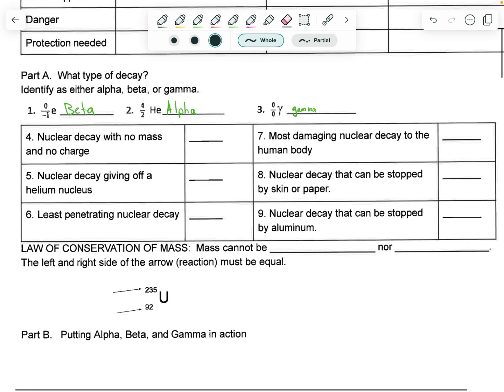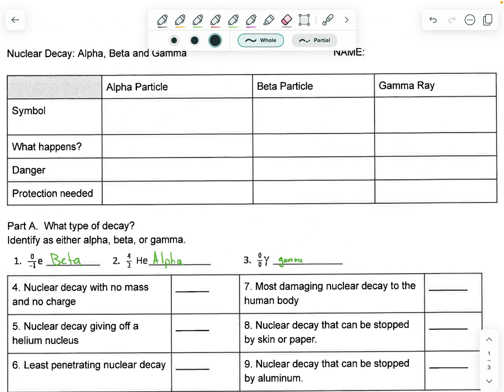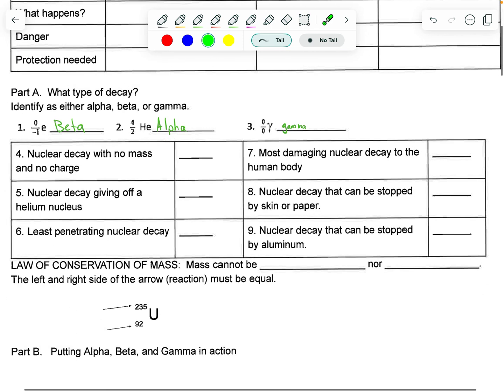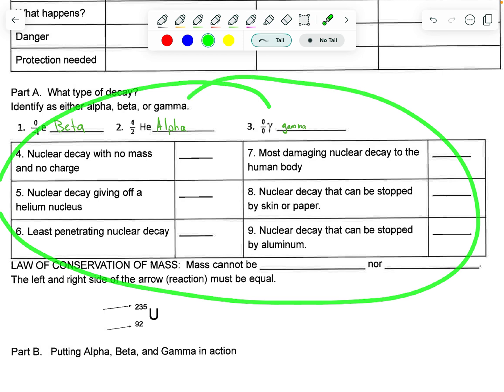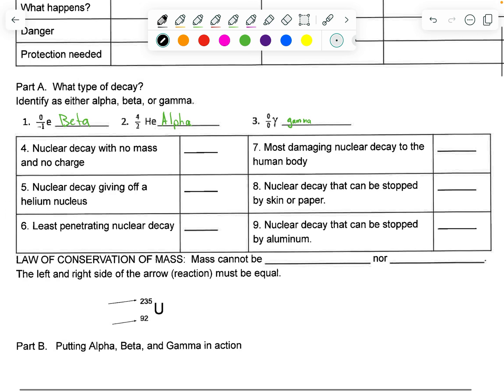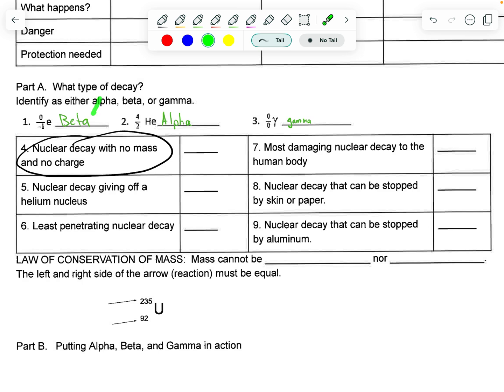Part A, again, you need to use this chart, which you should have in your notes. That's this chart right here. You're going to use that chart to help fill in these blanks, these gaps right here. Just in case some of us are still a little bit confused, you're using your notes to see if this statement applies to one of our betas, our alphas, or our gamma